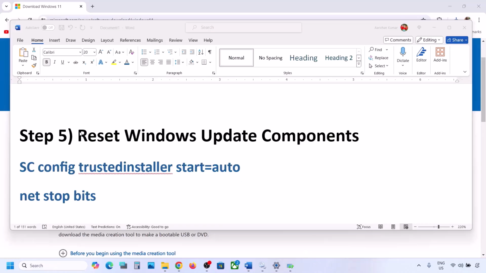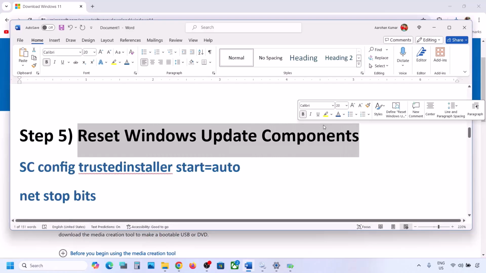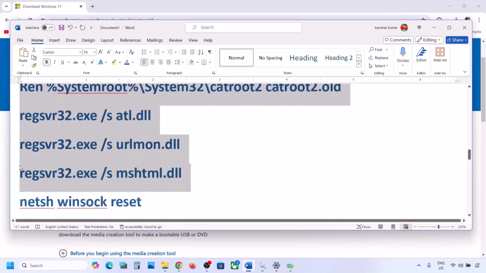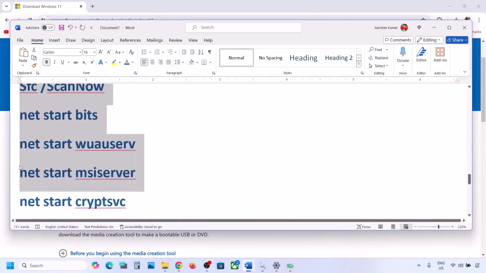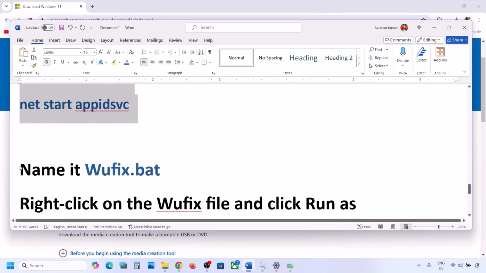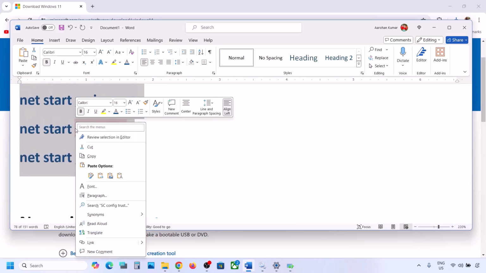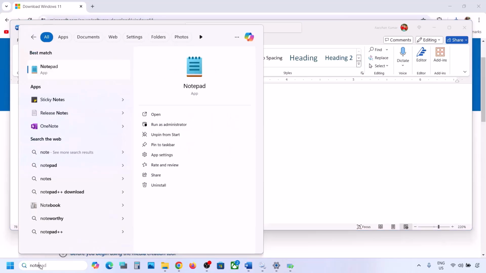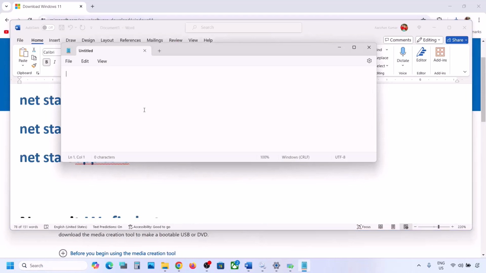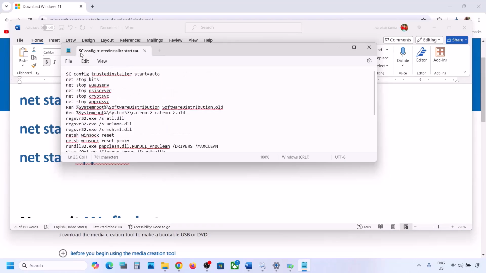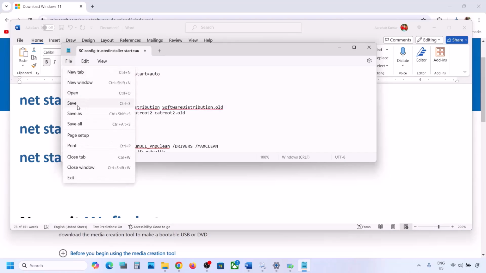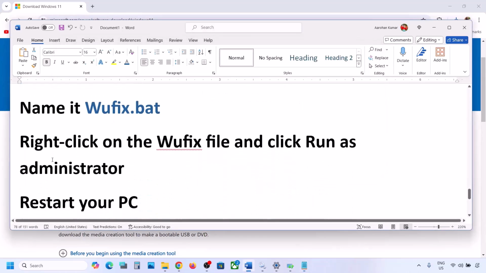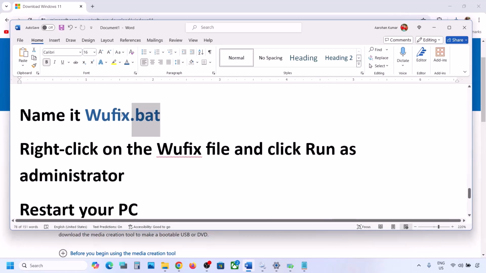Now the next step is to reset Windows update components. For this, copy all these commands. These commands are provided in the video description. So copy it till here. Once you copy it, open Notepad on your computer, and then in the Notepad paste all the commands, and then go to file on the top, click on save as, and then you can name this file as